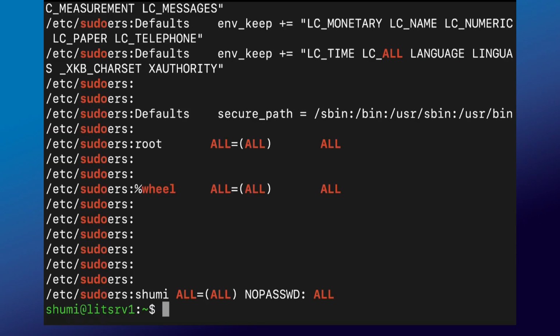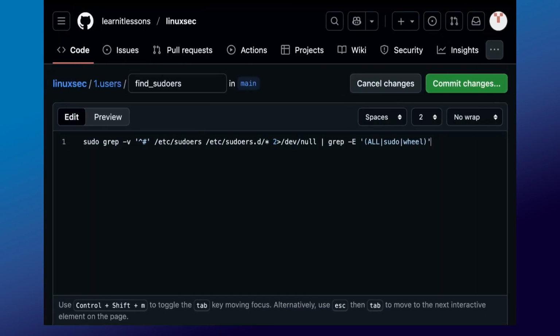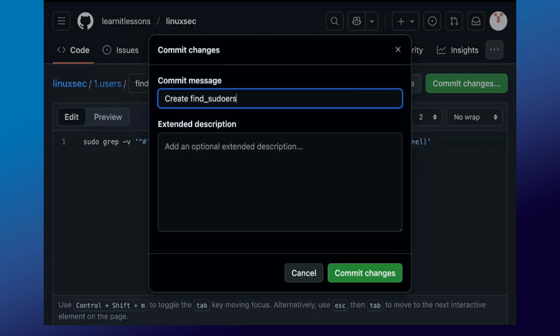Now let me switch to my GitHub repository, which I've created for this particular course, and insert this line here. The file will be named find-sudoers. I'll commit changes,